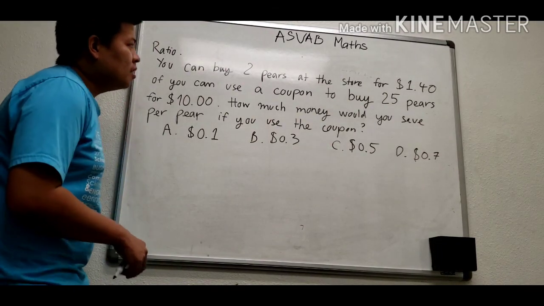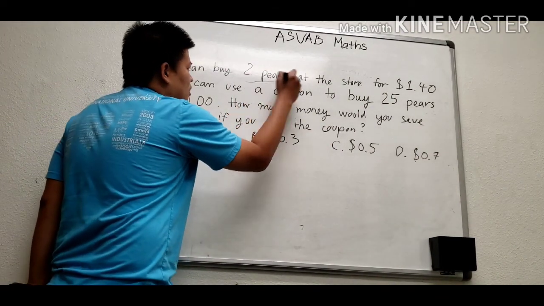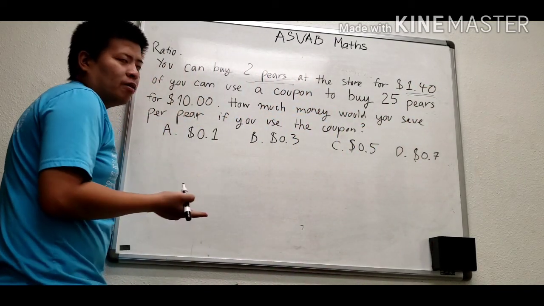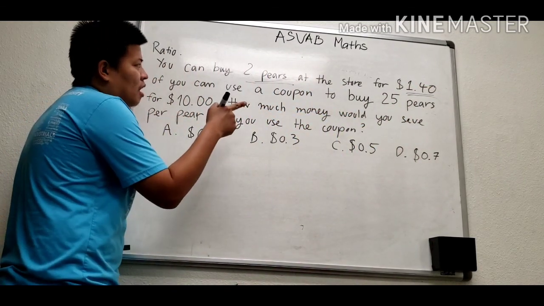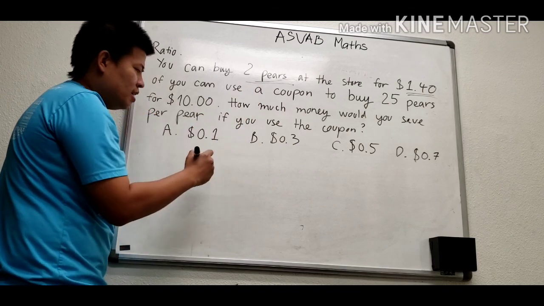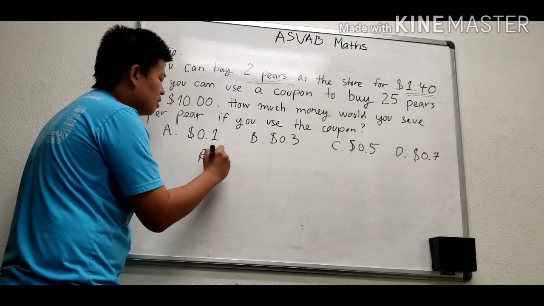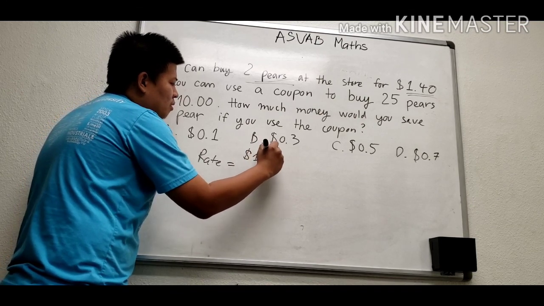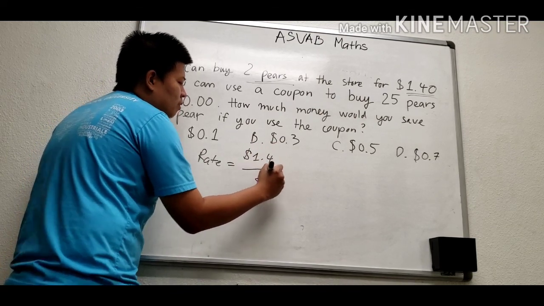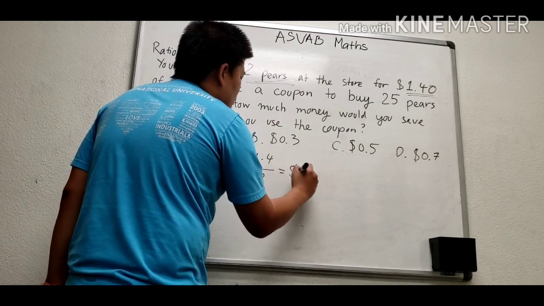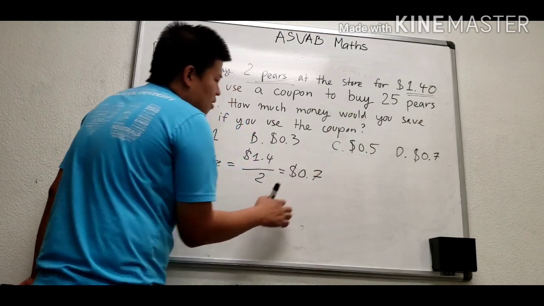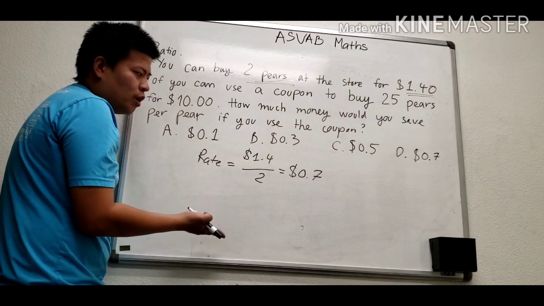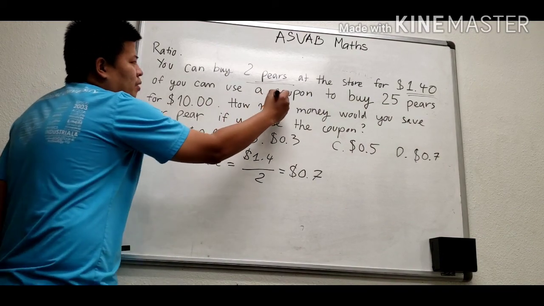So in here we have 2 rolls and we have 1.4, so we can calculate about the rate in here. That's about 1.4 divided by 2. This is about 0.7 if you don't use the coupon,